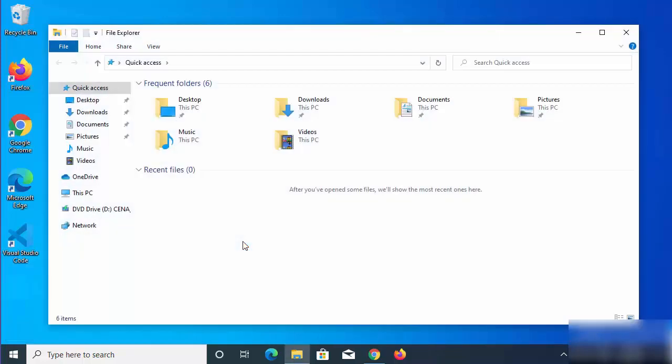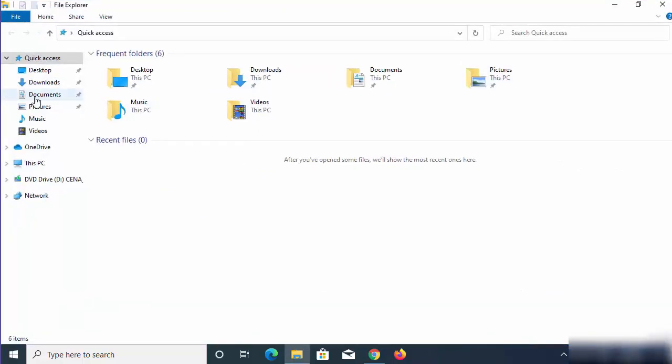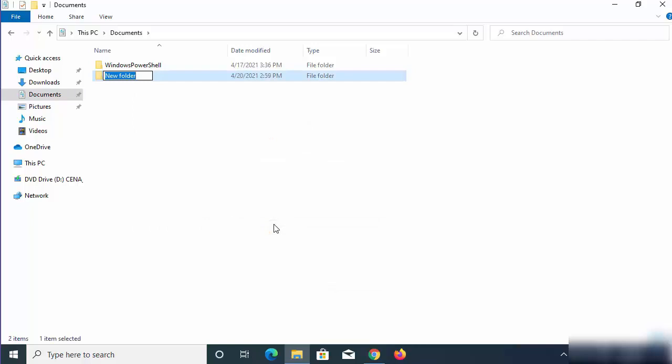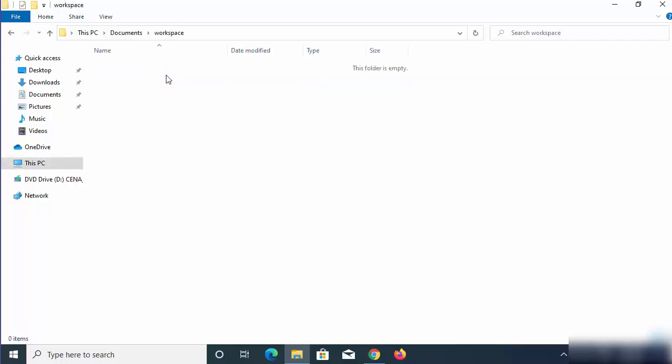So now let's say I will go to my documents folder, and here I will create a new folder and I will name it as workspace. So I will just name it as workspace here, and then I will go inside this workspace folder, and then